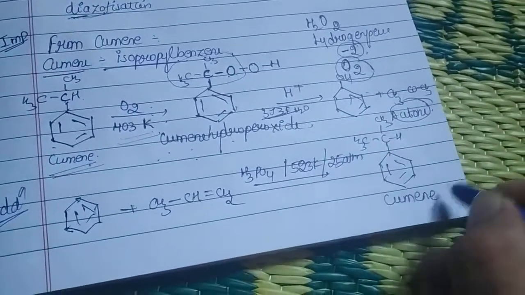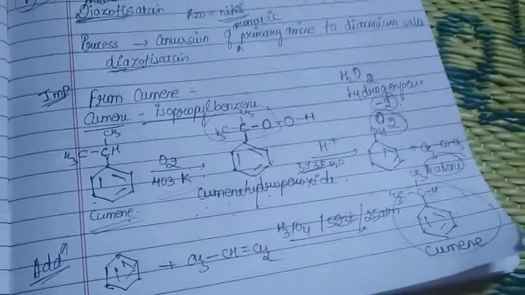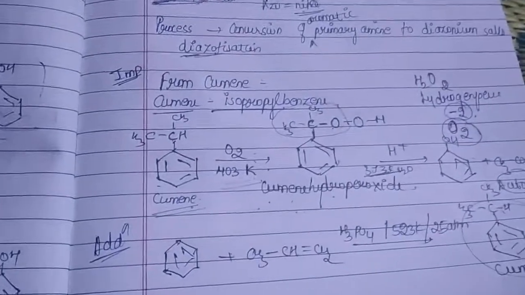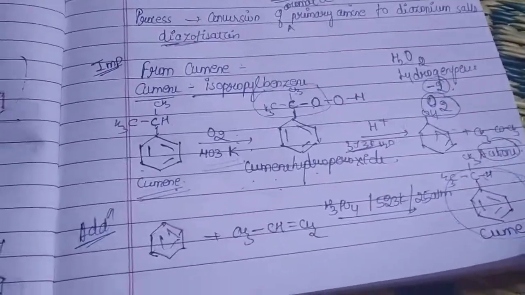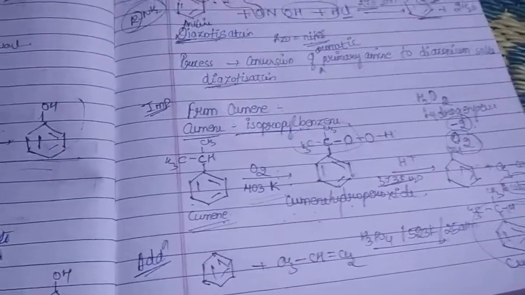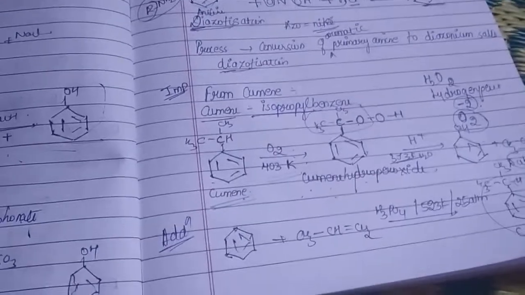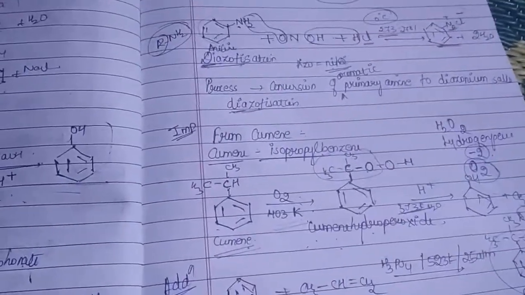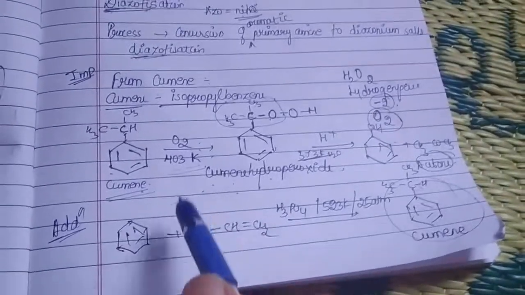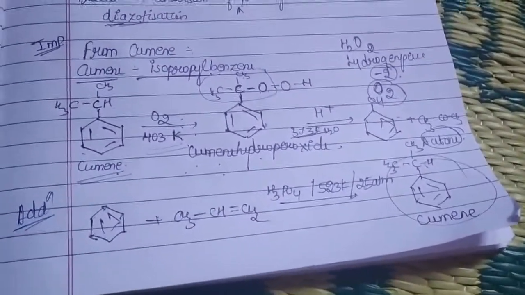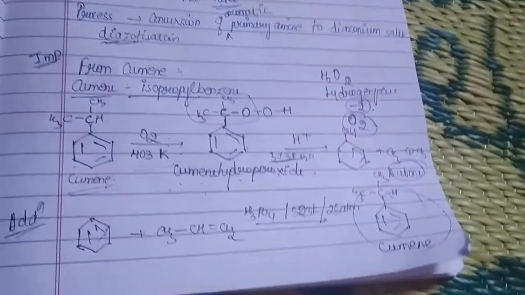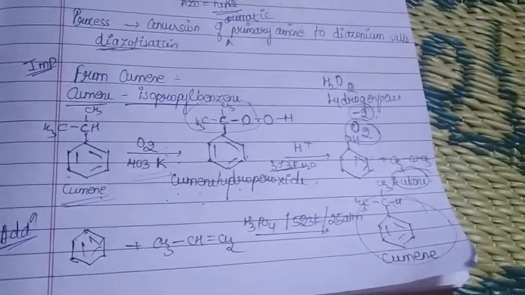By utilizing this cumene, we can easily prepare phenol as I have mentioned. Do remember, whenever they ask you how you prepare phenol from cumene, or from haloarenes, or whatever it may be, first you have to write it in a sentence and then give the respective reactions. Is it clear? So in our next video we will be seeing certain physical properties of alcohols. Okay.